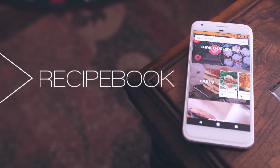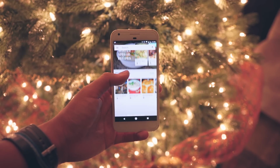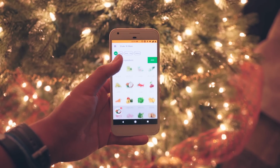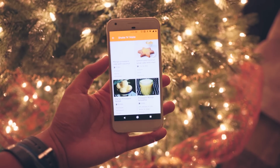Next app on hand is Recipe Book. It's pretty self-explanatory here, but it does more than just give you a random selection of recipes. This one's actually got some smarts to it. It's got loads of nicely organized categories. You can save recipes for offline use later, and you also have what they call Shake and Make. So what this is all about is you can add different ingredients of your choosing, give your device a shake,